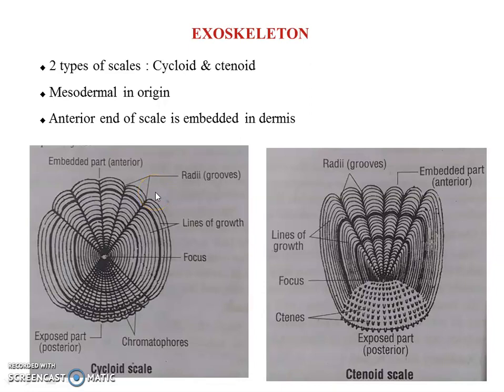Okay, and in some scales the free posterior border is serrated and reduced into spines or denticles. That is what is referred to as the ctenii. That is what is seen in the ctenoid scale. Okay, and this kind of scale with concentric lines, radiating grooves, and spiny comb-like borders is referred to as the ctenoid scale. Cycloid scales are nearly circular or elliptical in shape with nucleus, concentric lines, radiating grooves, but lacking a